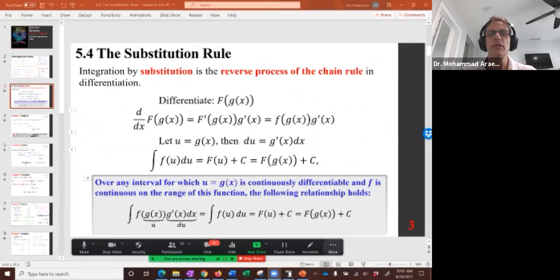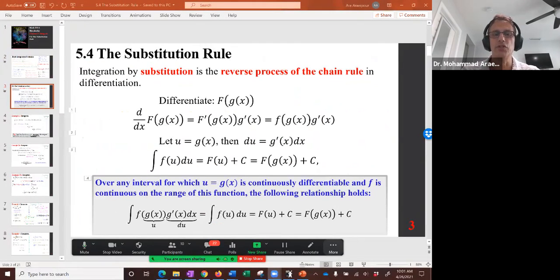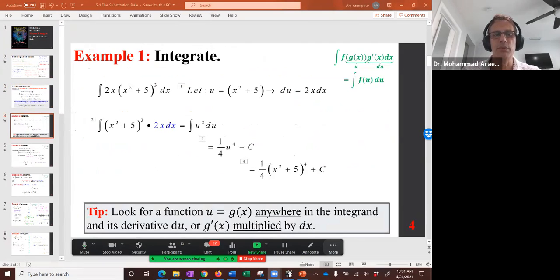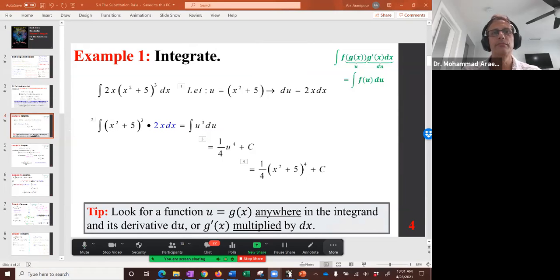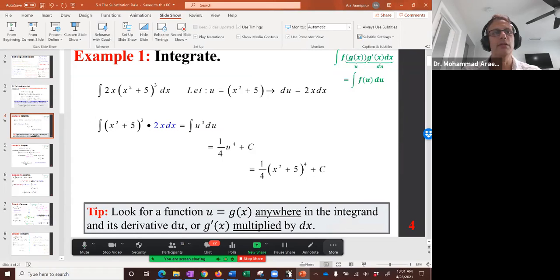The substitution method simply is the reverse process of the chain rule. Therefore, in order to use this method, the tip is look for a function u equals g of x and its derivative. For example, in this case,